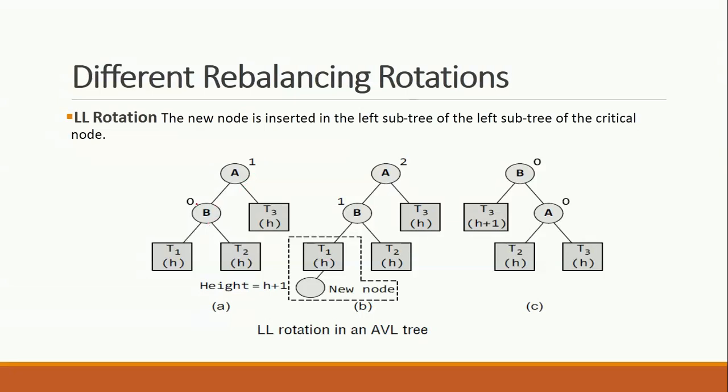Okay, so for this node B, the height of the left subtree is h. The height of the right subtree is also h. Now for A, the height of the left subtree would be, see, this is entirely h that you have, and then you have 1 more, that is h plus 1. The height should be h plus 1 here.